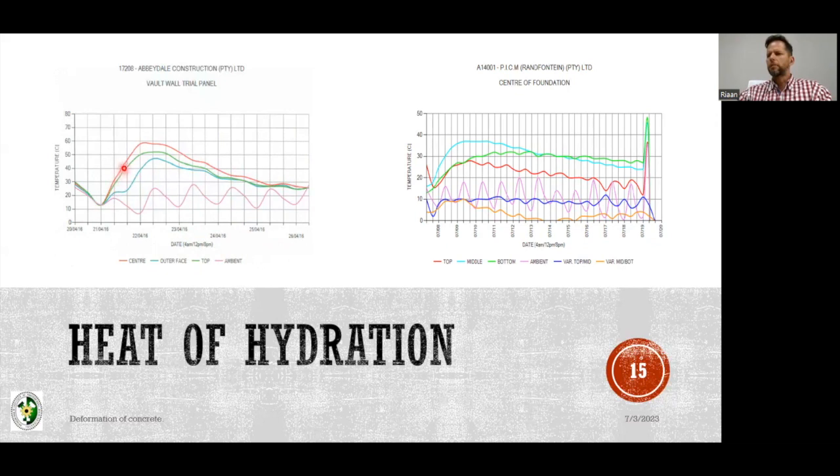Now you'll see that the green line starts following the ambient temperature curves. The red line also at some point does that. The very lows during the early mornings and the highs in the afternoons do play a role with the temperatures. But this is the graph that we then used on this trial panel to further establish that when you place the base, the base is also 600 thick, this 100 MPa concrete,